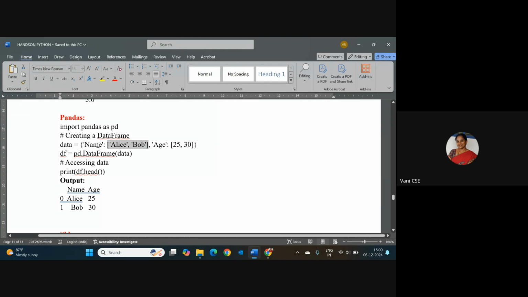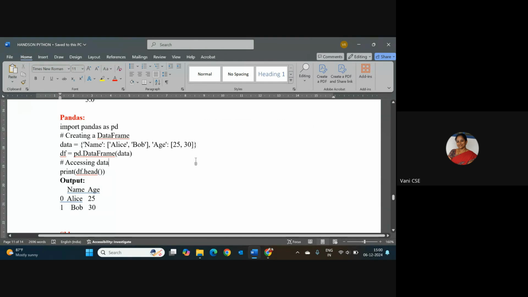I hope you understand. So here in this data frame concept, if you are using key colon value, if the key and the value is a single value, you can give that directly. If the single value is not there and a sequence of values are there, they have to be specified as comma separated. So this is one key colon, these are comma separated values. Age is another key, colon, the values will be taken as 25,